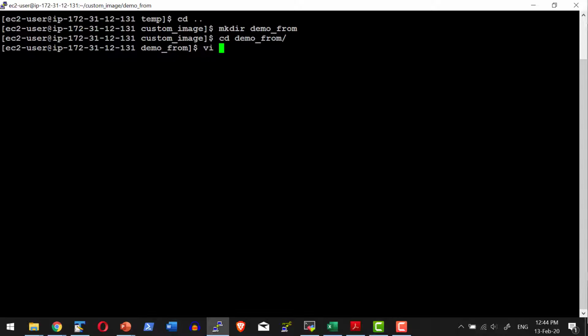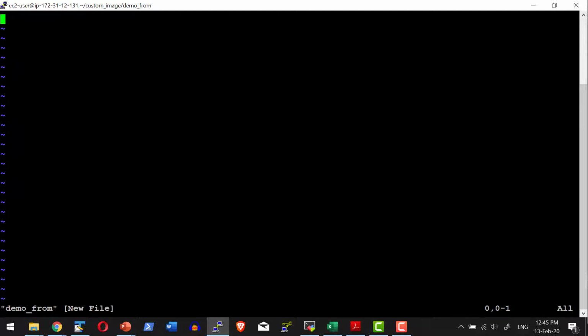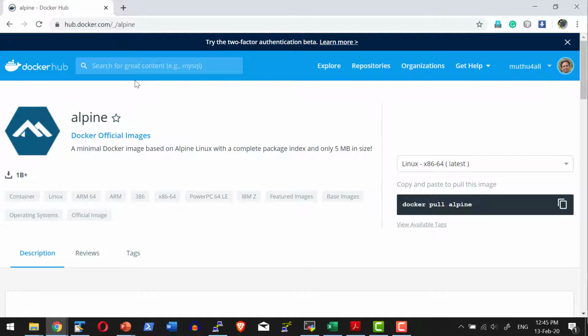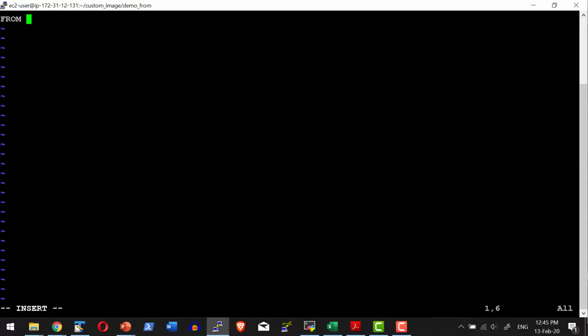By default, the file should be Dockerfile where D is a capital letter, or I can have my own custom file as well. Let me go ahead and give a custom file, demo_from. Here I am going to have the content, so I will have the keyword FROM, and what is the image that I want to use. I can use any of the existing images available from the registry, or I can have my own custom image as well. For test purposes, I am going to use Alpine, which is the very base Linux image. Say alpine. Let me save this particular file.